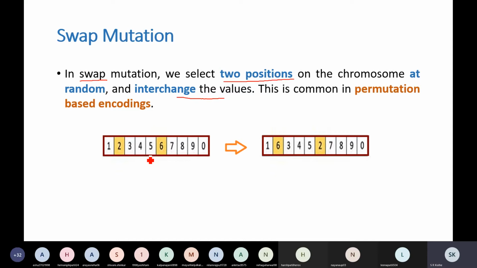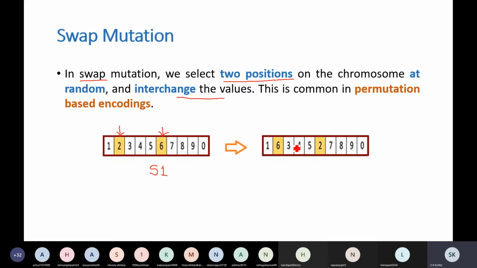So let us apply that on this particular example. Suppose this is solution or chromosome S1. The two randomly selected positions are these two. So we are going to interchange their values. These values are 2 and 6. In swap mutation, we swap these values, so 2 will become 6 and 6 will become 2.